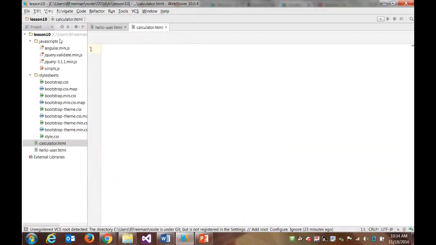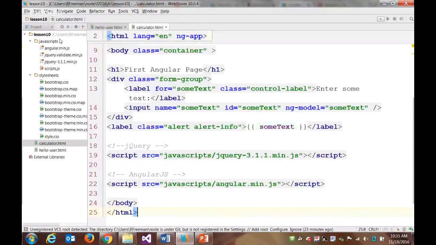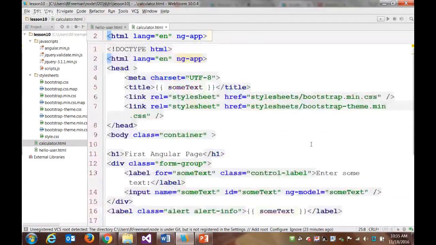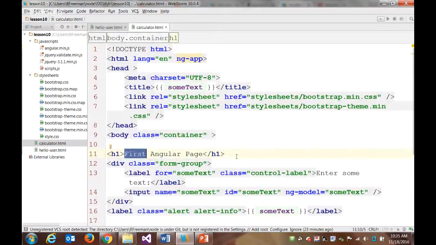I'll get rid of everything there and I'll paste in what we've got. I'm going to change the title, my H1, to say Angular calculator, and I'm going to take out my Angular variable here, and I'll just hard code in